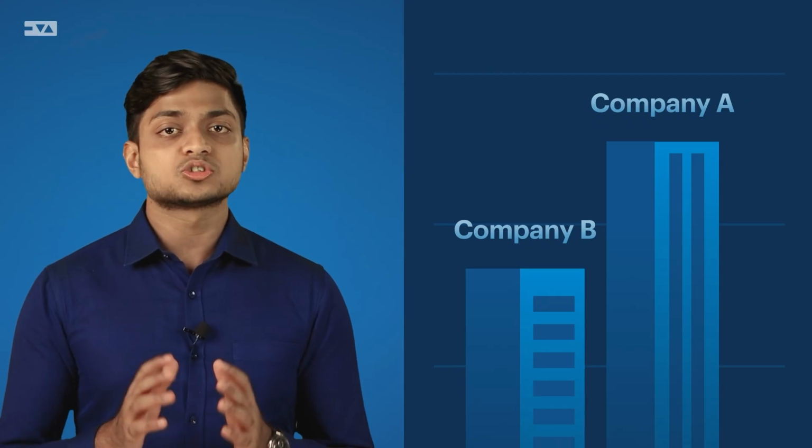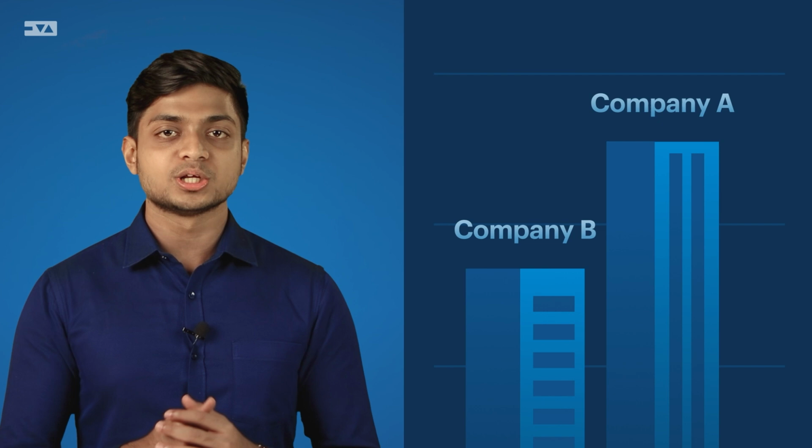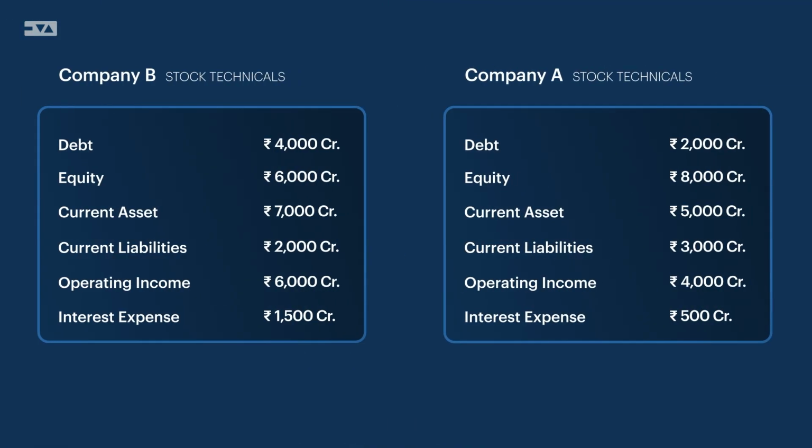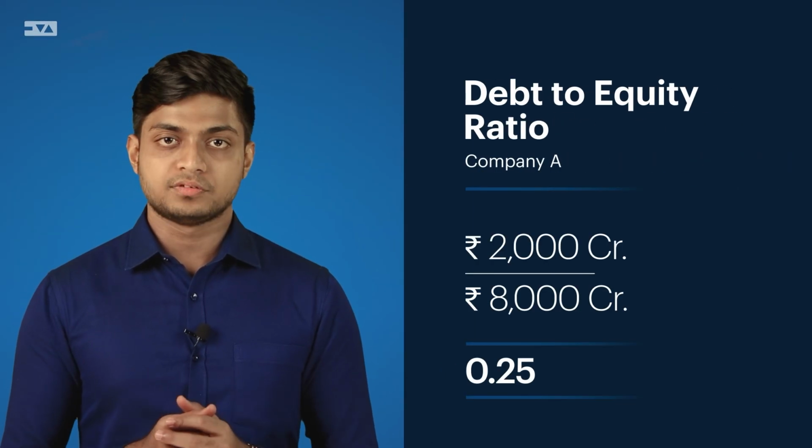Let's break down their solvency ratios to understand better about their financial health. You can take a look at the specific numbers of Company A and Company B on your screen. Therefore, the debt to equity ratio for Company A comes out to be 0.25. This means that Company A has taken a strategic approach relying on its internal funds and shareholders' investments rather than